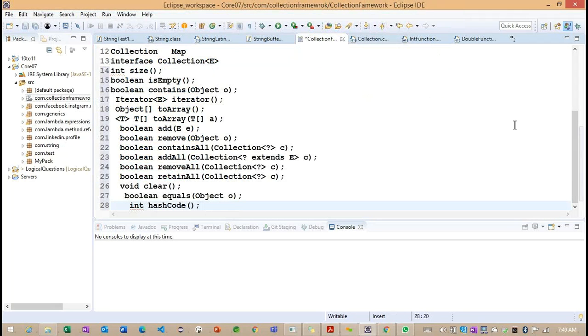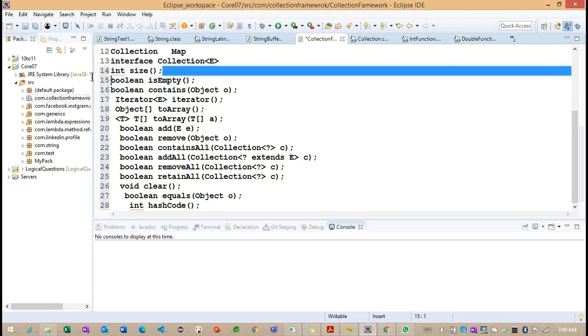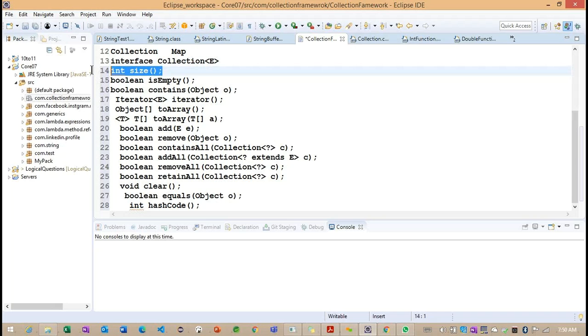Okay. Back to here. Now, what are the main methods we are having? So the first one we identify, this is the interface creation. This particular interface is extending from the Iterable concepts here. Again, Iterable is one of the iterator concepts. So back to here, the size method. The purpose of size, we can easily understand: how many elements we are storing into this particular collection interface.